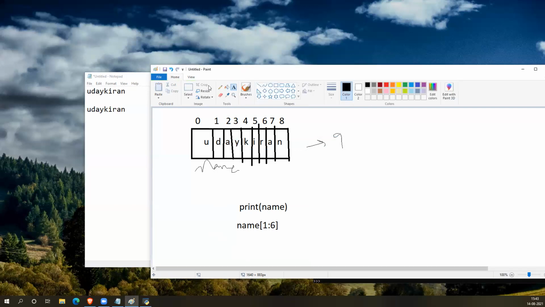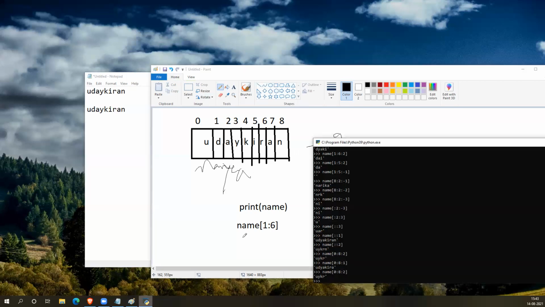The indexing depends on the variable, U, D, Y, A. So to avoid confusion, let me redefine it again. It's 0, 8, 2, so from 0 to 2. Let me keep these two empty, so it will take 0 and 8 only.